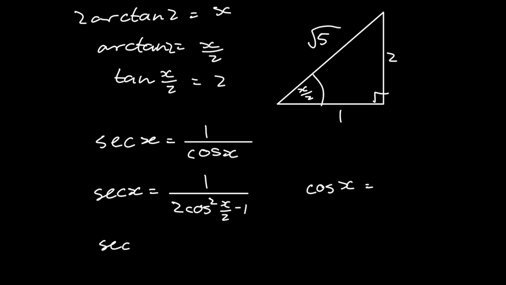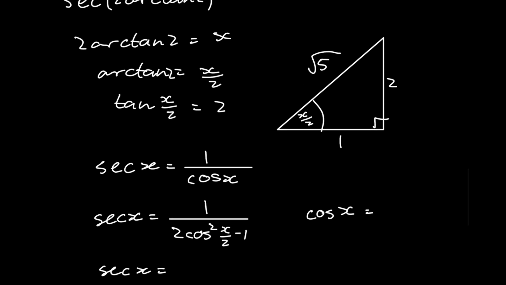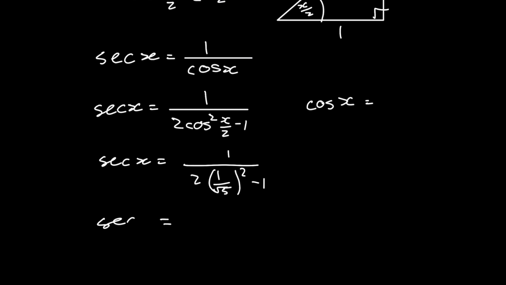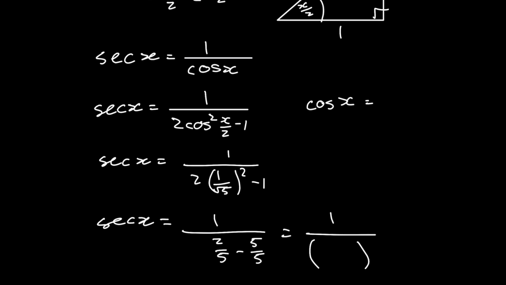And so now we can solve from the diagram. So cos of x over 2 is going to be adjacent over hypotenuse. So 1 over root of 5 squared, and then we keep this minus 1, and we'll multiply that by 2 again. So now our sec of x is equal to 1 over 2 times 1 over 5 minus 1, which is just the same as 2 over 5 minus 1, which is just the same as 2 over 5 minus 5 over 5, which is the same as 1 over negative 3 over 5,